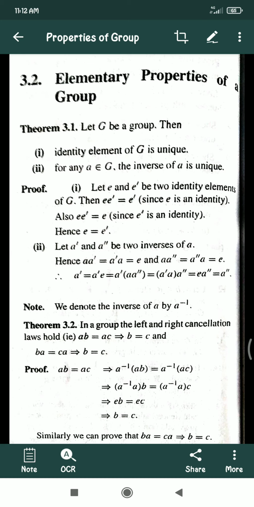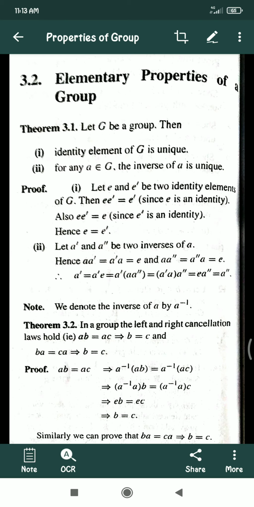first we are going to prove the first condition. We have to prove the identity element of a group is unique. So we choose identity elements. Here E and E dash are the two identity elements we have chosen. Then we can write E dash equal to E dash star E, because we already know that E is an identity element. So we can take E dash equal to E. Also E dash star E equals E, because E dash is an identity element.